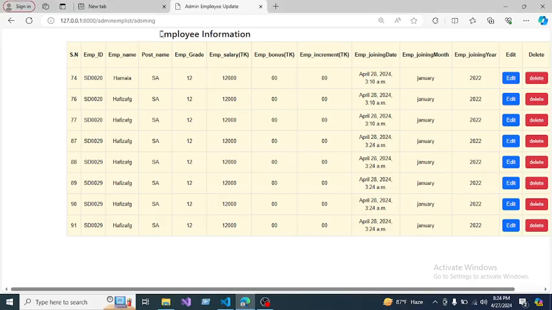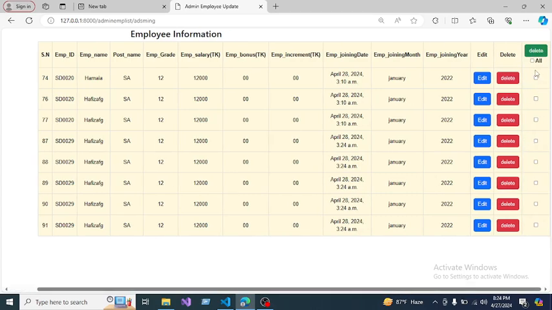This is the employee information form. Okay, look at here. This is the edit option. Okay, and this is the delete option, and this is also a delete option with a checkbox. Okay, if you want to edit this, just click on here